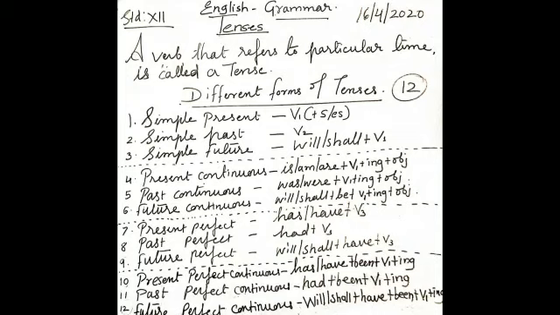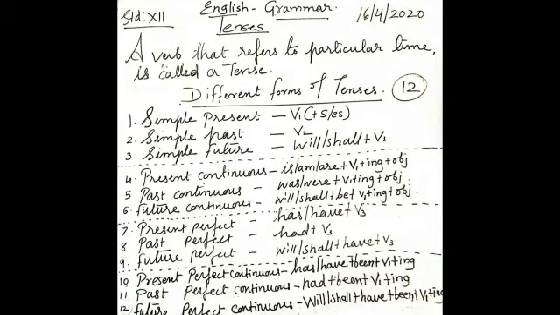Let me explain you future perfect tense. The future perfect tense is used to talk about actions that will be completed by a certain future time. I'll repeat once again. The future perfect tense tells about actions that will be completed by a certain future time. For example, I shall have written my exercise by then. He will have left before you go to see him. More examples will be discussed, children, later.